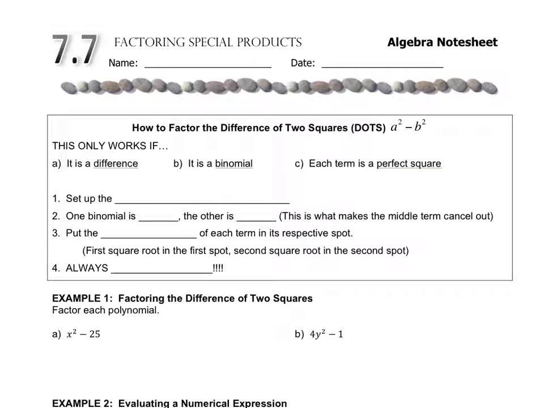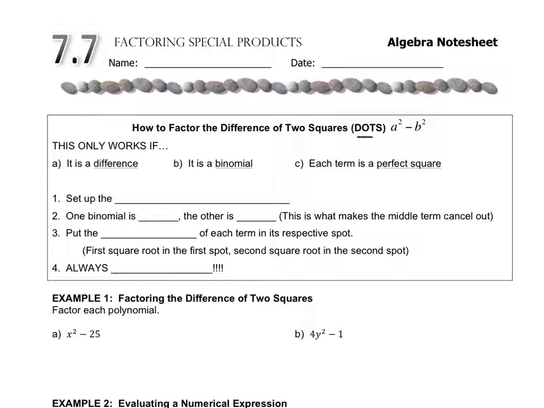Today we're going to talk about factoring special products. We saw these special products in an earlier section of this chapter where we were multiplying binomials together to create these that we're now going to factor back. So the first one we're going to talk about is the difference of two squares, and sometimes we refer to